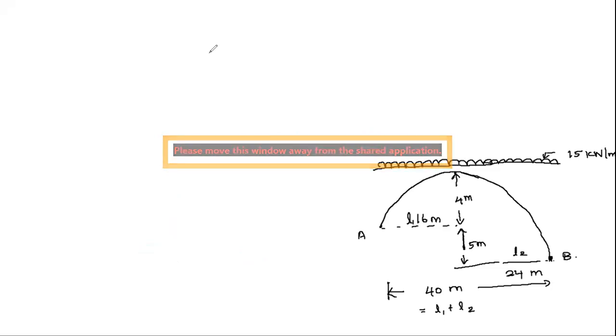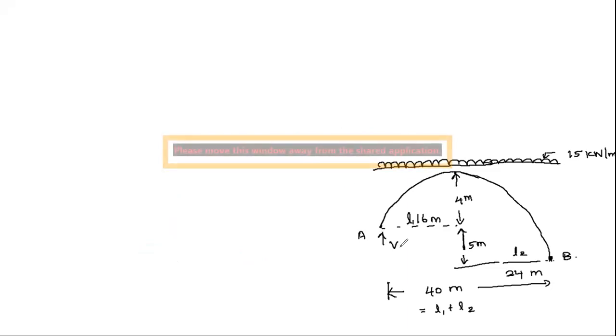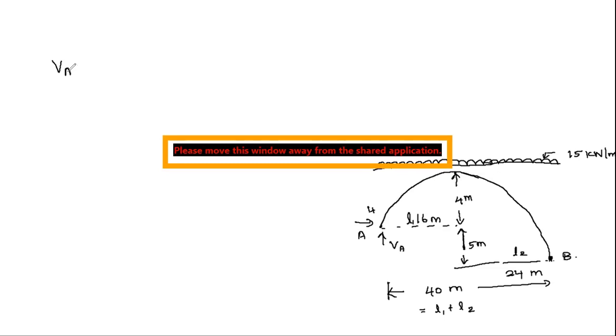So take moment about C, particularly about the left hand side. If we take about left hand side, what are the reactions we will have? We will have VA and we will have H. So when we take moment about C on the left hand side, we will have VA into the distance, which is 16, in clockwise moment,